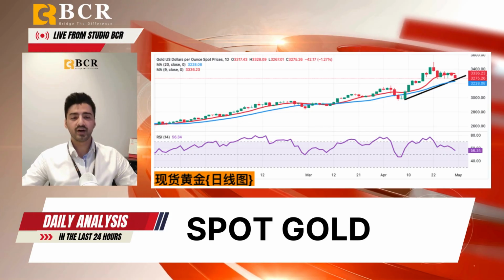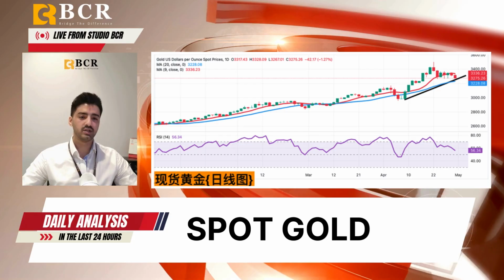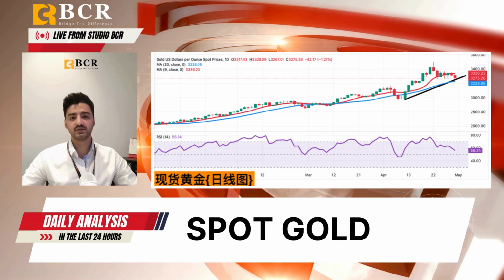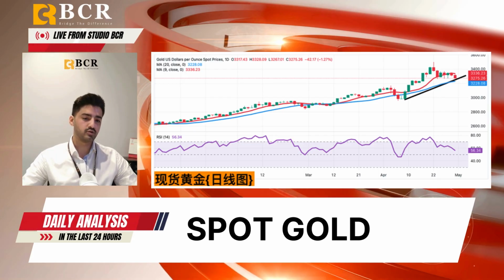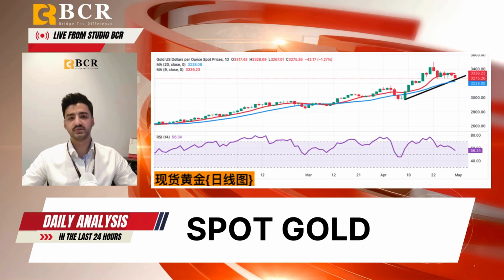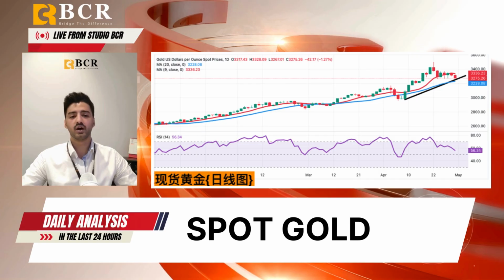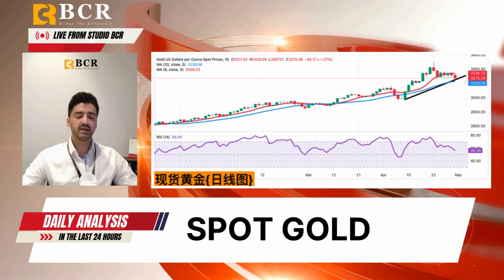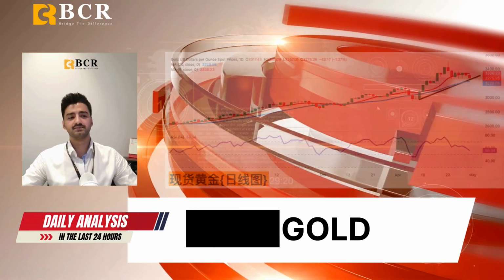Price is holding above the 3260 support zone and a close above 3353 would signal a possible retest of the new highs. Key support lies at 3300 and 3260. If bulls step back in, watch for moves towards 3368 and 3400. Overall, the bias stays bullish while gold is trading above 3260.